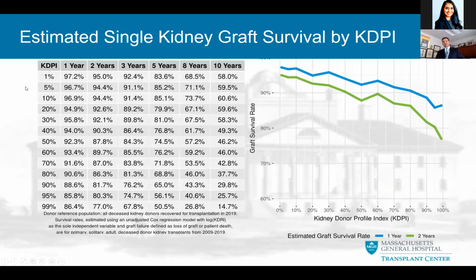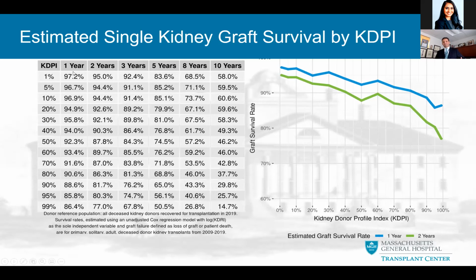And there are kidneys that are essentially top quality. So this is 1 percentile. And then what we would call the least good kidney, these would be the 99th percentile. What that means is a 30% kidney, for example, is essentially better than 70% of kidneys transplanted that year. And even the least good kidneys that we're talking about, the 99%, they still make it to 1 year 86% of the time and make it 5 years half the time.